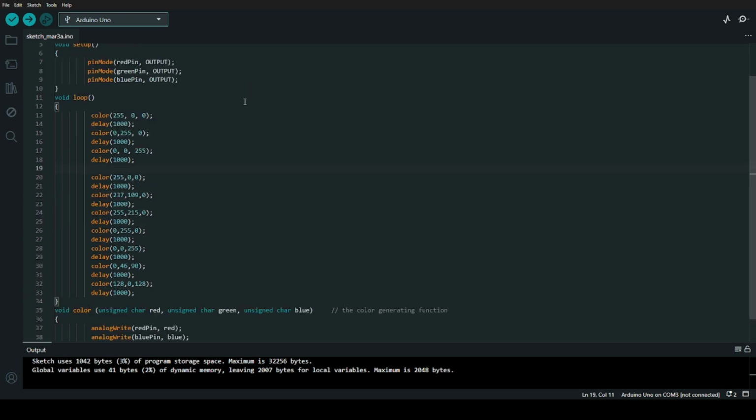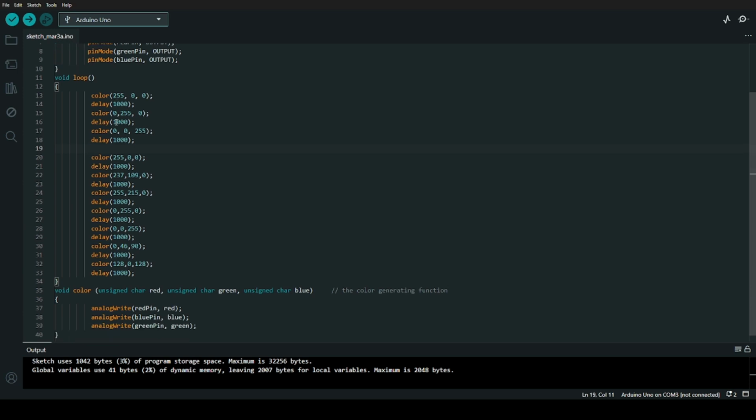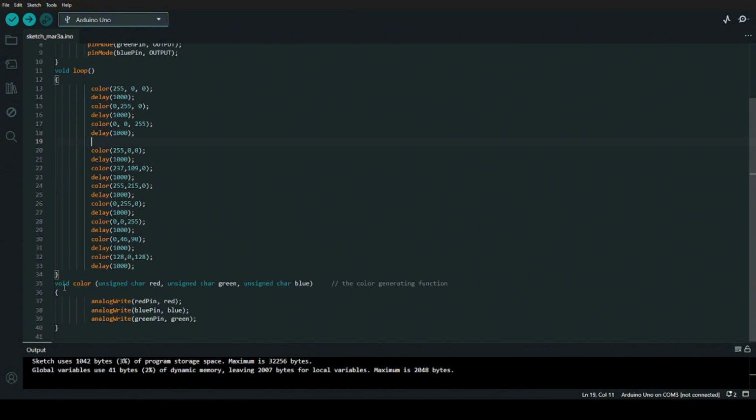So let's get right into the void loop here. But before we look at the main loop, let's understand the function defined at the bottom of the script here, which is the color function.